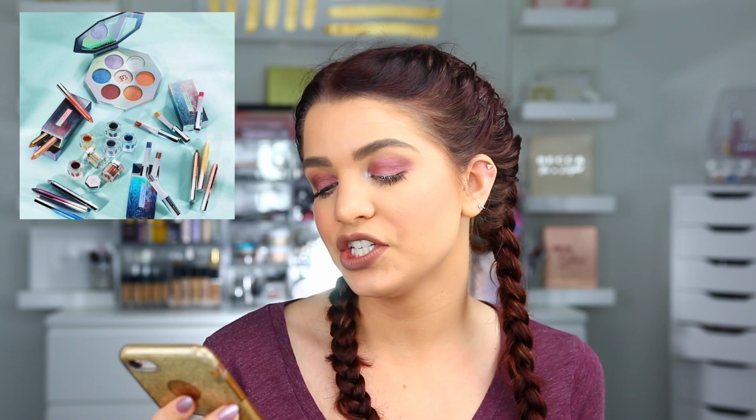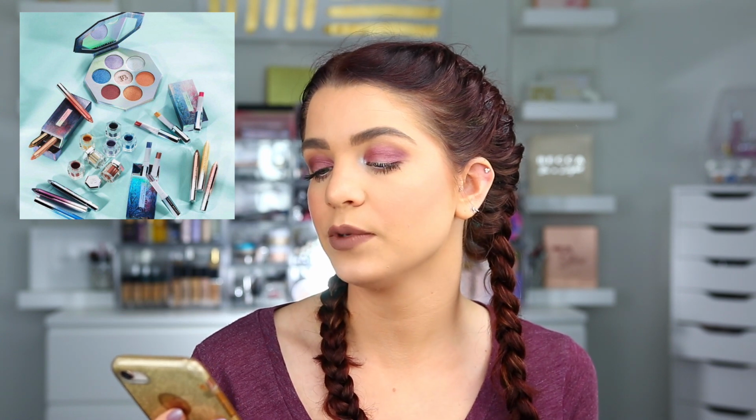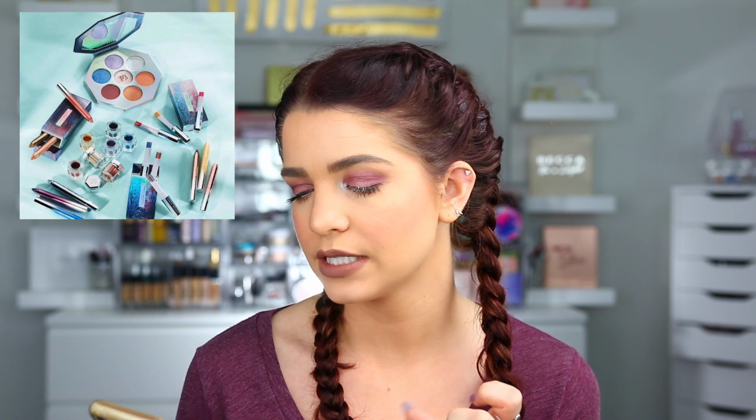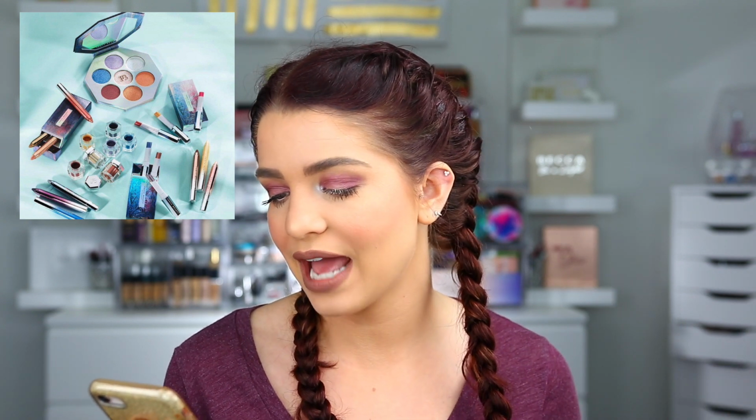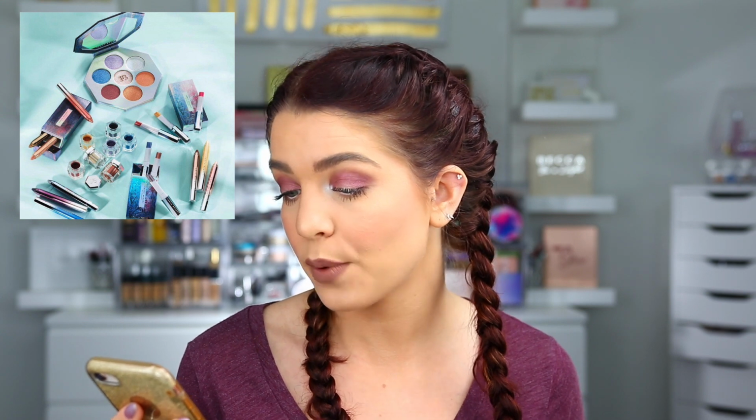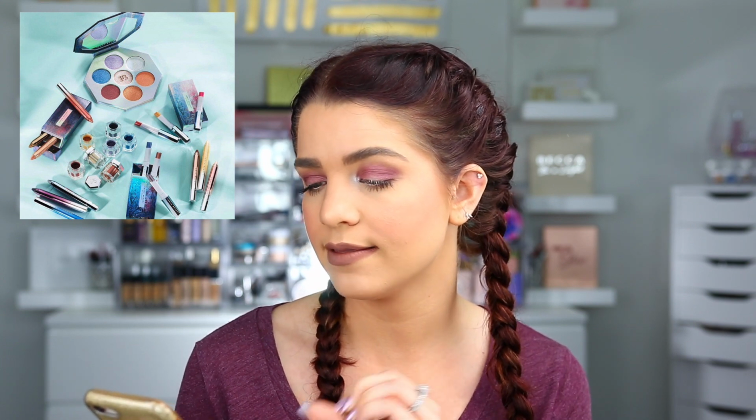As a part of the collection, she has the Kilowatt Foil palette, which is going to be a full palette of her Kilowatt formula, which is used a lot of times for highlighters, but sometimes you can put it on your eyes. I know a lot of these colors would be nice as eyeshadow. Some of them would be kind of wild as highlighters, but you can use it as an eye and also as a face palette. It looks like she's also going to have maybe some eye crayons or some lip products in this collection. I even see glitters or loose pigments. I'm not really seeing too much information in this post, but I think the packaging on this collection looks